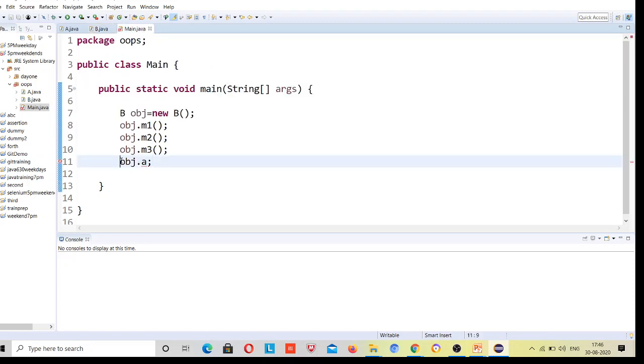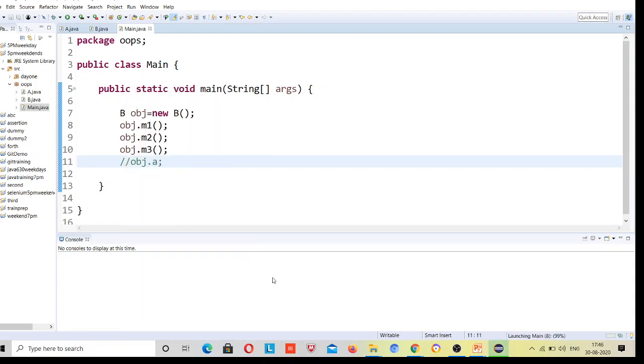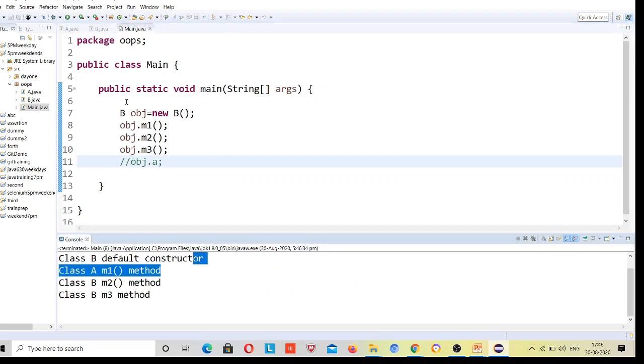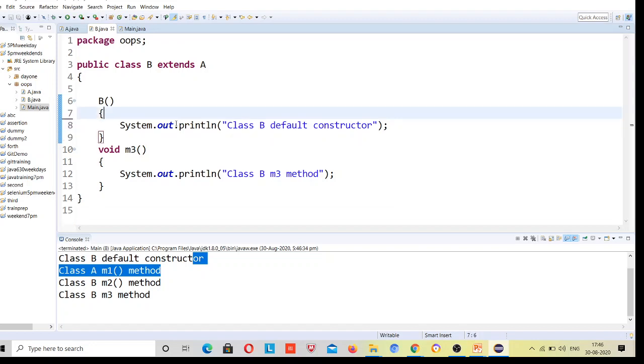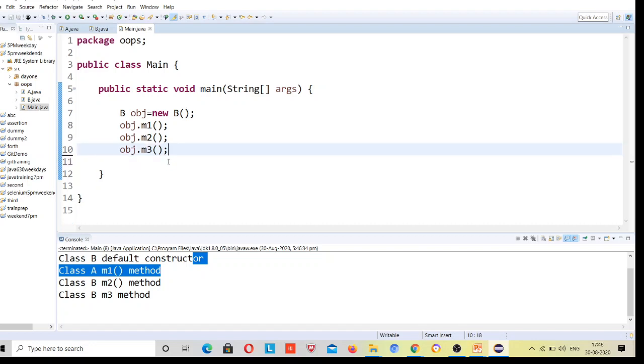Leave this, I will tell you later why it's coming. There are some modifications. Leave this right now. I will run this. Class B default constructor. Okay guys, leave this point right now. I will explain later, but first we need to focus on this OOPs concept. Okay, it should be printed.